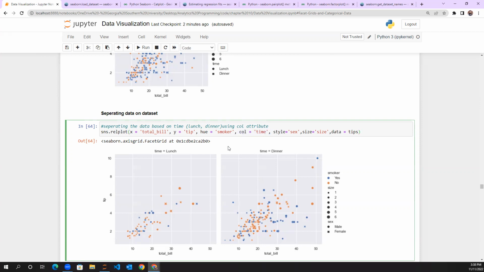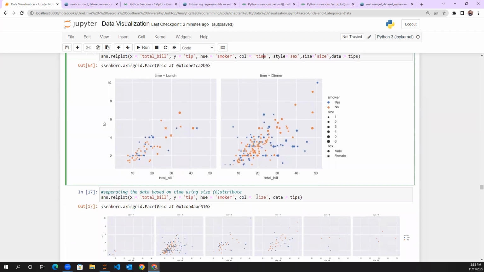For example, here if you specify col as time, there are only 2 times, right? Lunch and dinner. So that will be created as separate figures. If you want to specify size as the col attribute, then for each number of people, 1, 2, 3, 4, 5, 6, how many graphs there are for 1 person, how many for 2 people, that will be differentiated